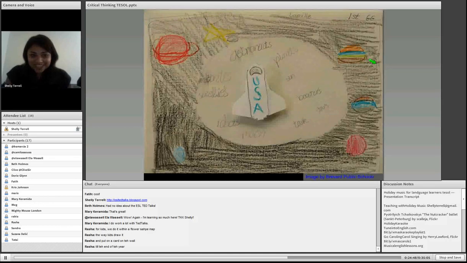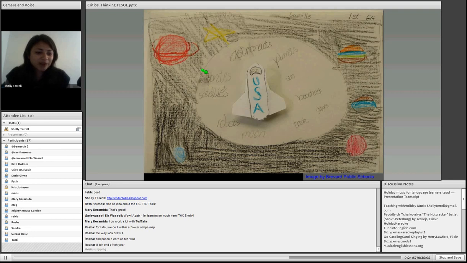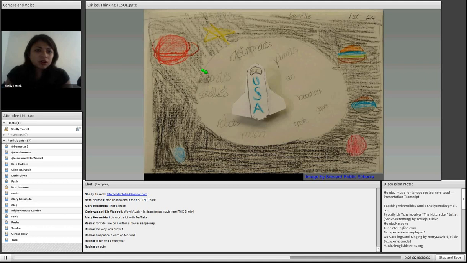You can do something like this, which is for students as well. This is a 3D mind map, a graphic organizer we sometimes talk about as well. And I actually have a Pinterest board on this, so I can show you that as well. But this is a 3D one, so you can do this with students as well, like Rasha was talking about. And here they're obviously doing it on what subject? It gets them to really explore and investigate, but can anybody tell me what this might be?